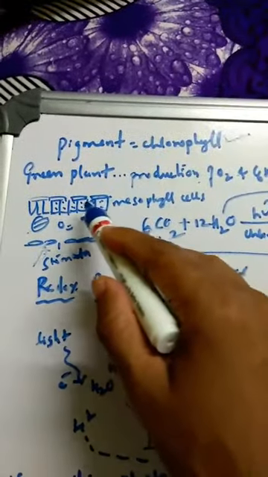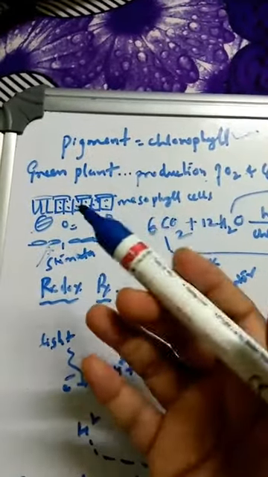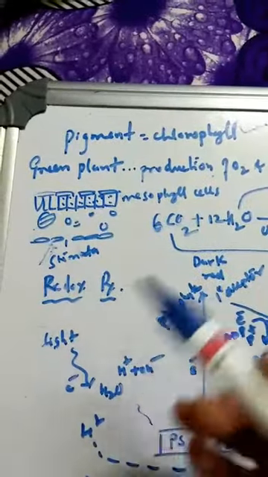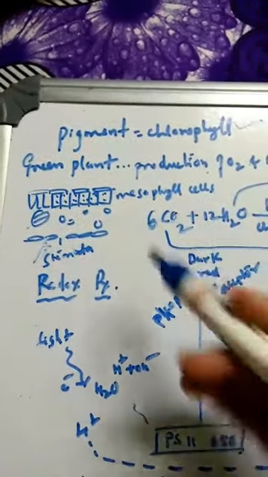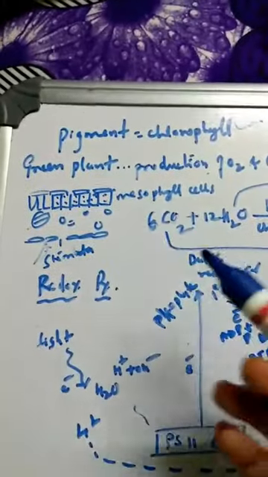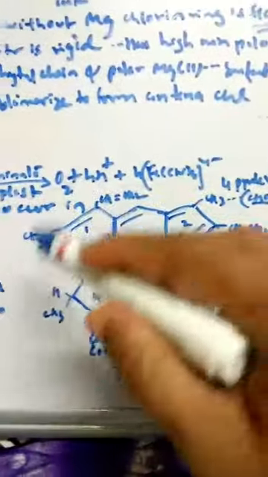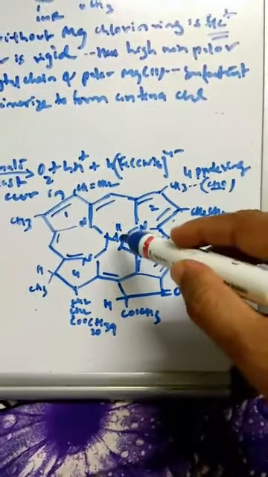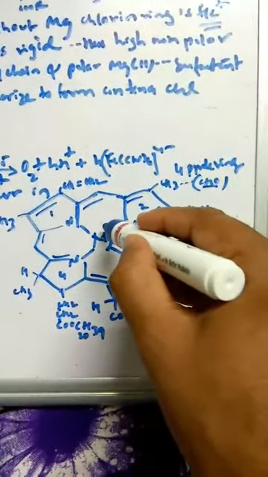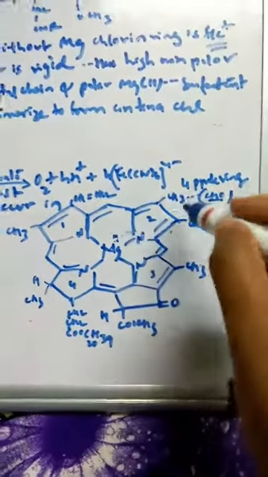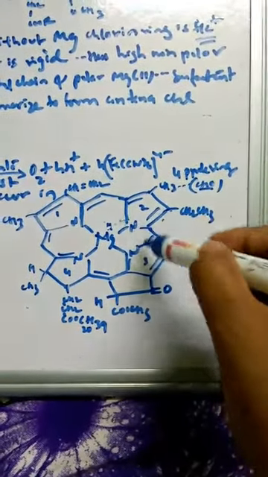The chloroplast consists of a double layer, inner layer and outer layer, with stroma, lamella, and grana, if you dissect it in a biological way. So this is how the chloroplast is found, and in that chloroplast there is the chlorophyll pigment. What is this chlorophyll pigment? Chlorophyll is the pigment which has magnesium. You can see here it has magnesium in the +2 state, and it has a pyrrole ring, so nitrogen on 4 sides.